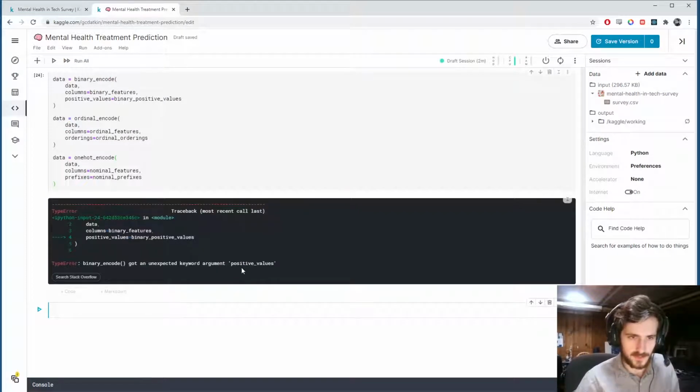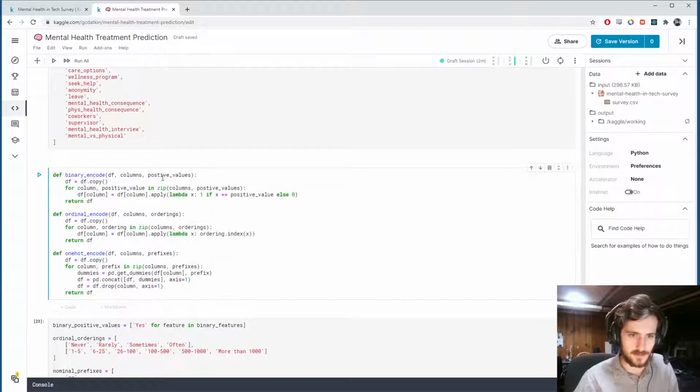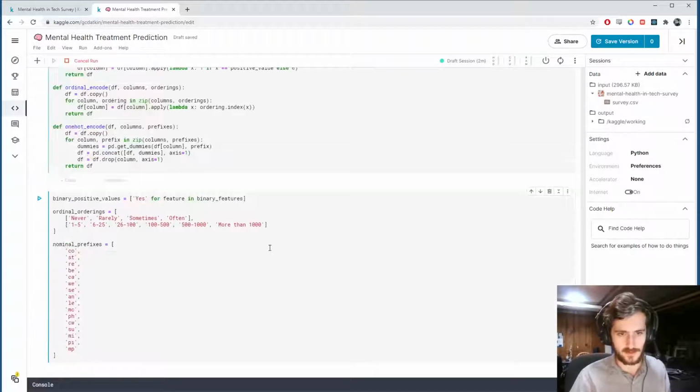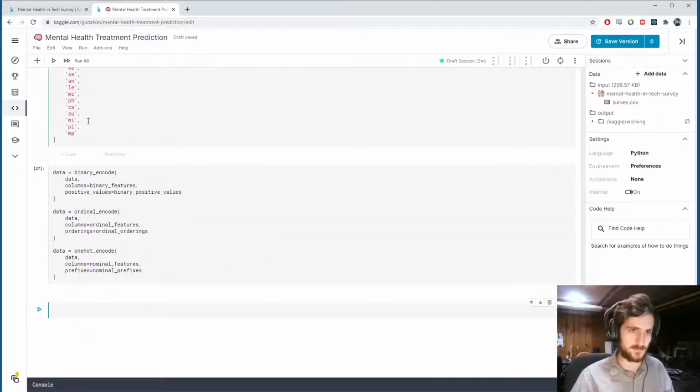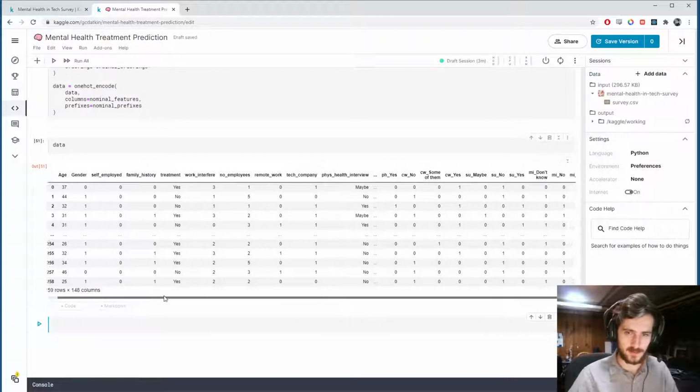Positive values, unexpected keyword argument. So binary encode should take positive. I misspelled it. Positive and positive. Okay, there we go. Take a look at the data. You can see we now have